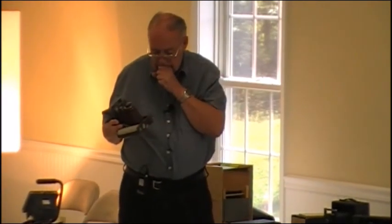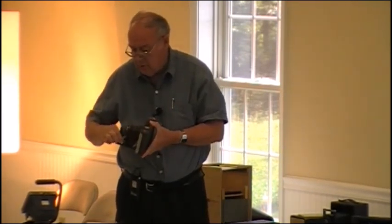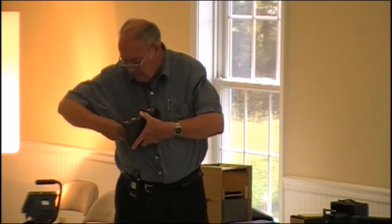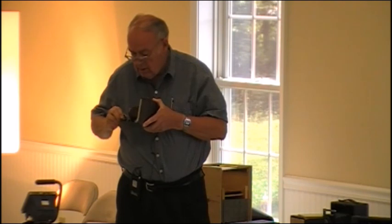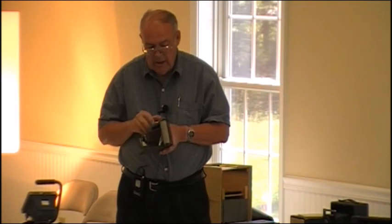This is a real favorite of mine. It has a red bellows. A camera with a red bellows is always kind of special to me. This is the viewer. And you look in there. It's just made to take horizontal pictures. This is an air cylinder, so you could put a hose on there with a squeeze bulb and take pictures. It has a little